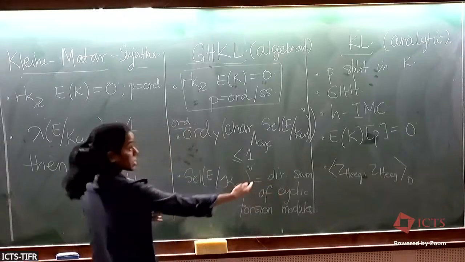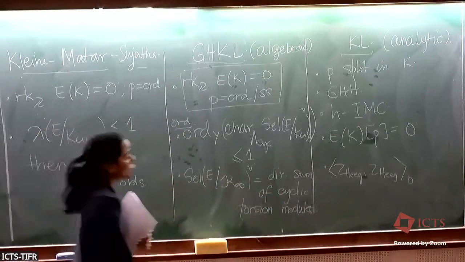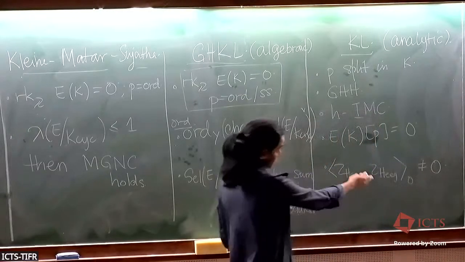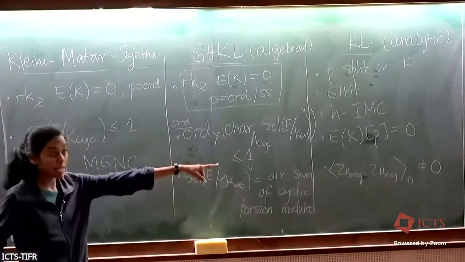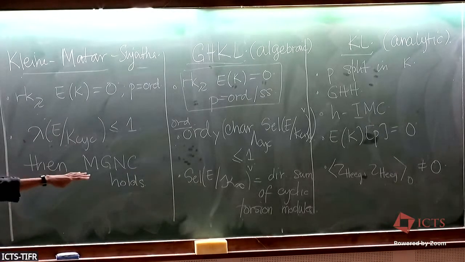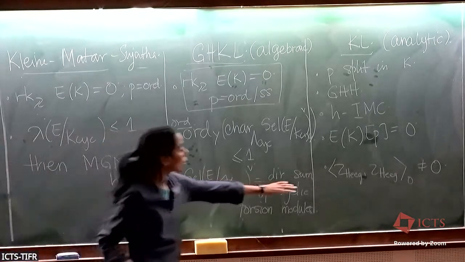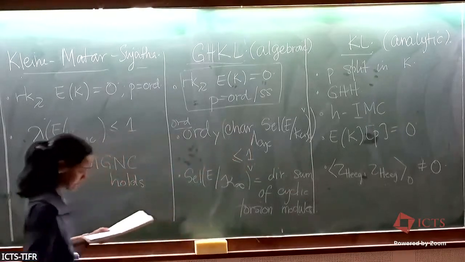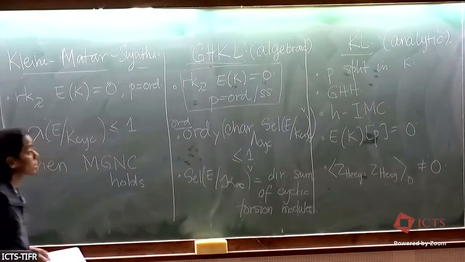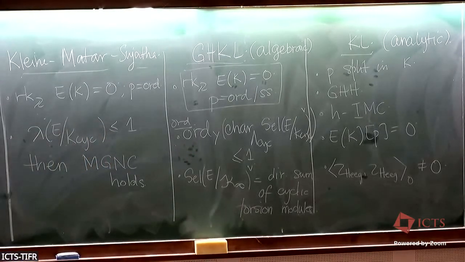I'll tell you what this p-adic height is, but I would need a condition on this, that the p-adic height is non-trivial. And what we're really going to talk about over here is the way we are going to approach Mazur's growth number conjecture in this case